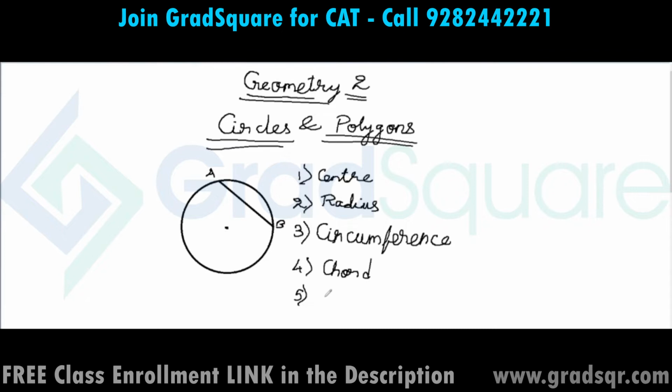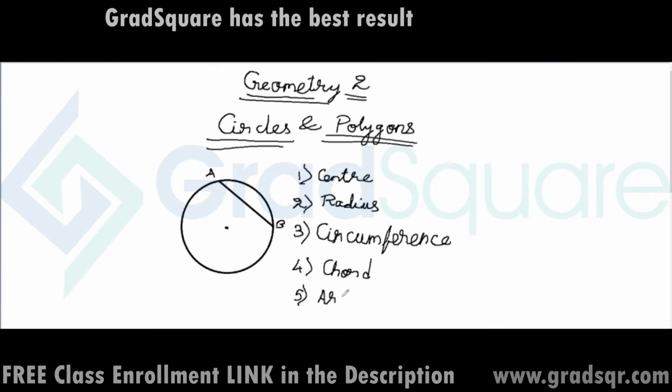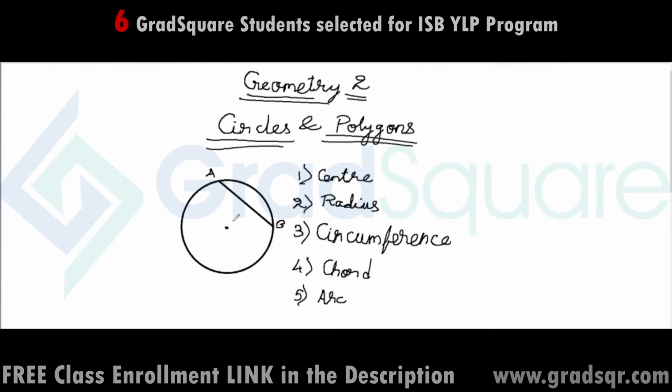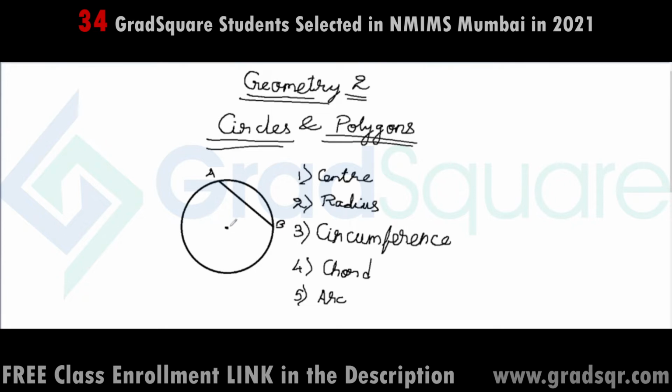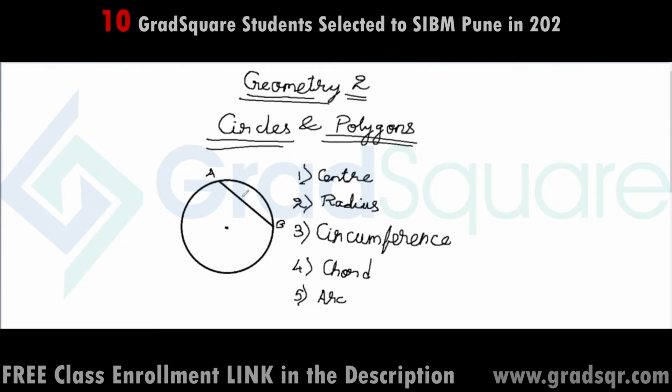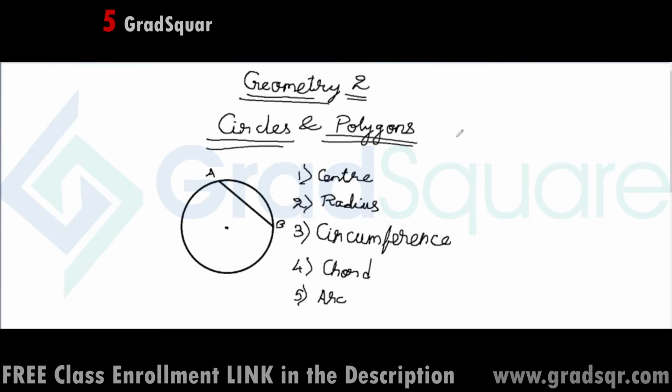Next, what is the arc of a circle? Basically, an arc is a section of a circle's circumference. A chord of a circle divides the entire circumference into 2 arcs. This is an arc and this is an arc. The smaller arc is called the minor arc and the bigger arc is called the major arc. So if a question says we are going to look at the minor arc AB, we have to look at the smaller arc that the points A and B divide the circumference into. So that is the arc of a circle.